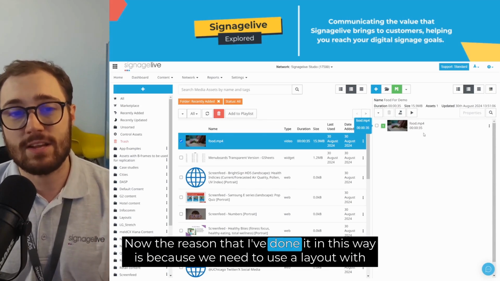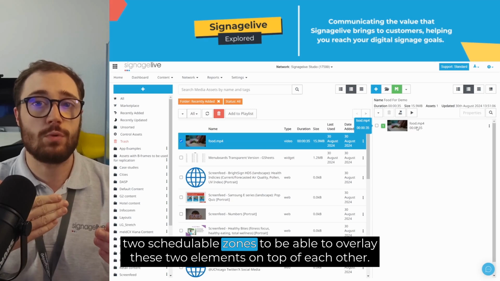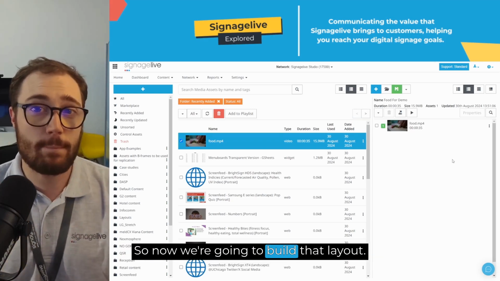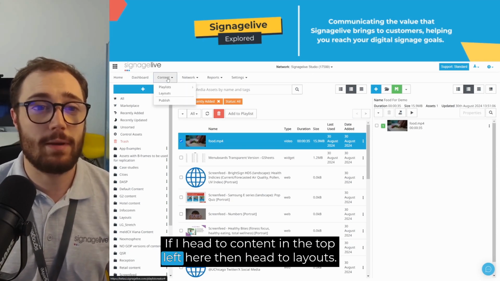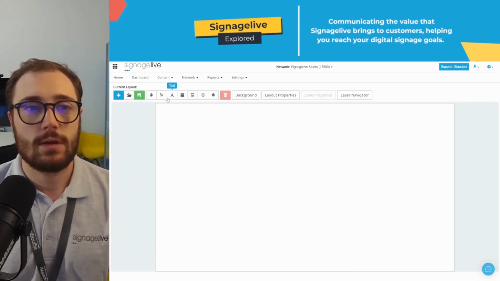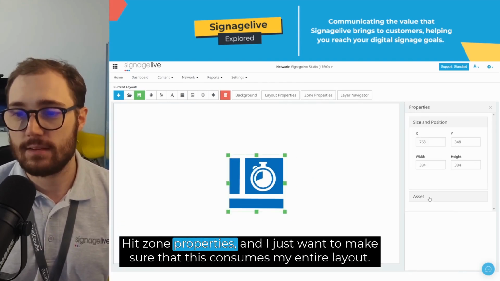Now, the reason that I've done it in this way is because we need to use a layout with 2 schedulable zones to be able to overlay these 2 elements on top of each other. So now we're going to build that layout. If I head to content in the top left here, then head to layouts, I can now make a new layout like so. I'm going to add a schedulable zone to this layout, hit zone properties, and I just want